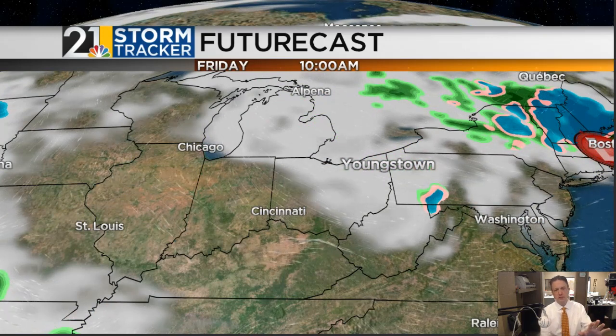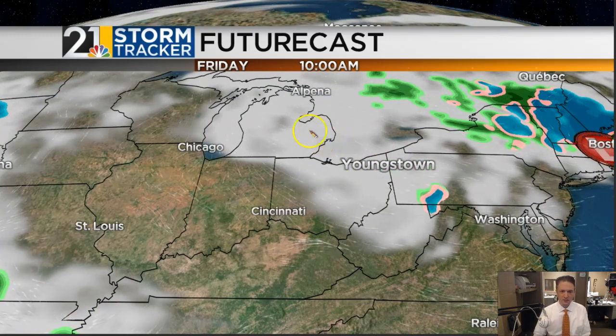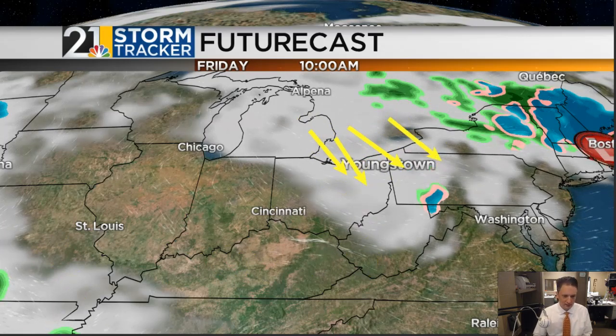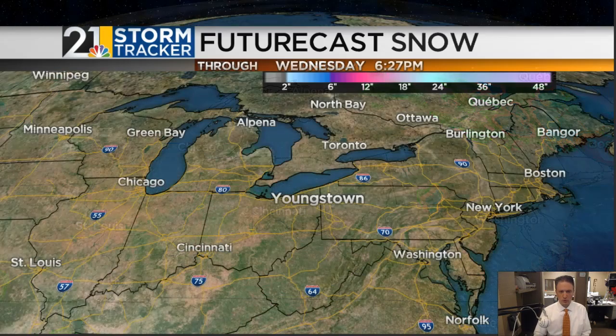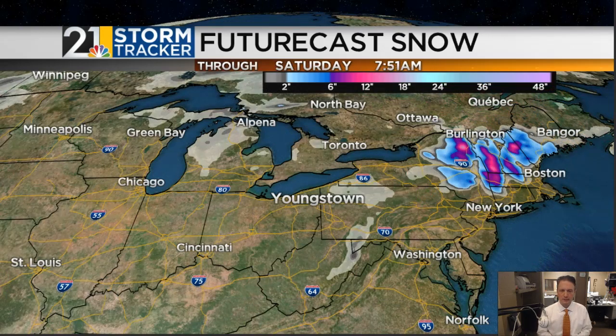And although you don't see much depicted on our model here Friday morning, I'm not going to be surprised if in this chilly northwest flow, we still have some lake-enhanced showers in the area, and temperatures will struggle once again. Showed you this map last evening. Not much has changed. There's not going to be any snow accumulation around here, but not far to our east,